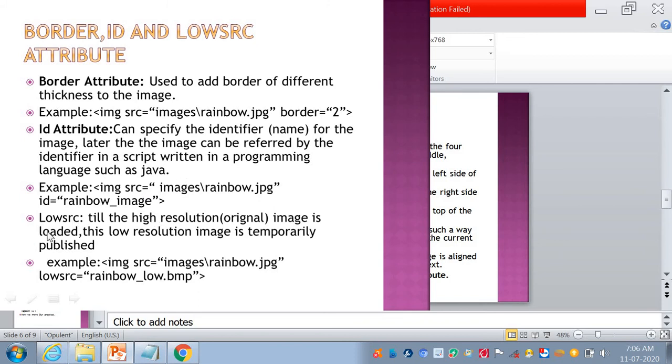Low src. Low src means low resolution. Till the high resolution original image is loaded, this low resolution image is temporarily published. So with the use of low src, we can change our image resolution from high resolution to low resolution.